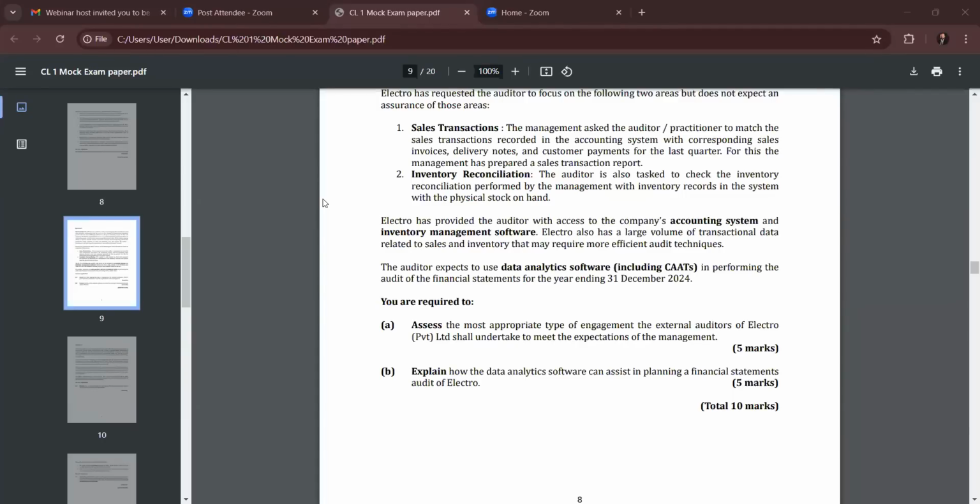Which includes reconciliations of sales transactions, as well as reconciliation of inventory. As such,